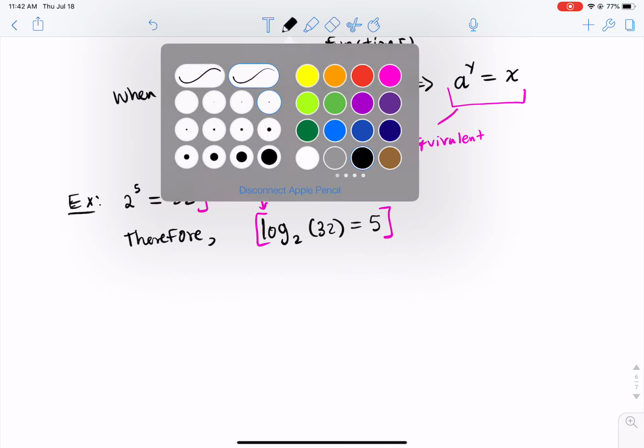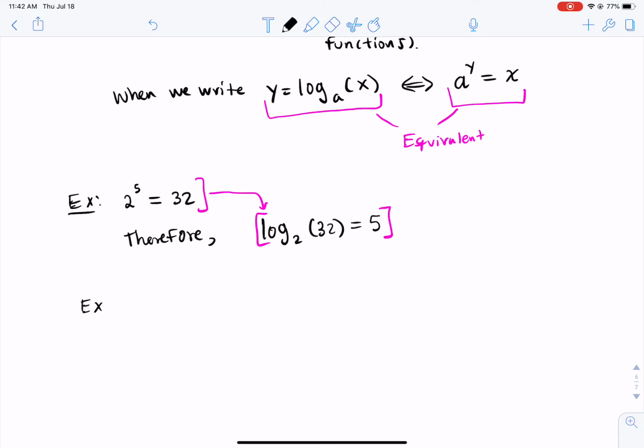So if we write this out, right? Here's another example, right? If we evaluate,